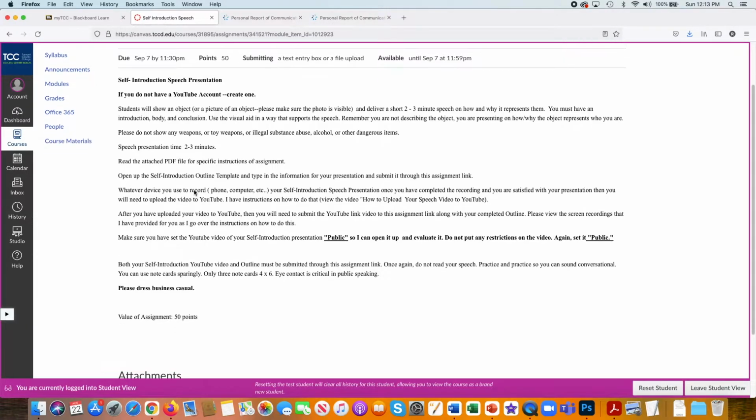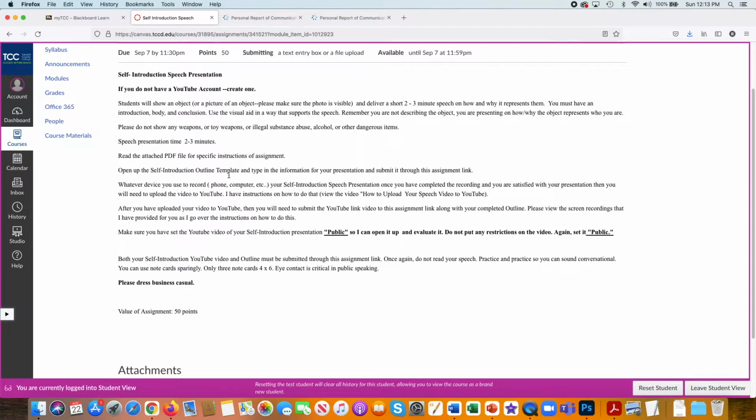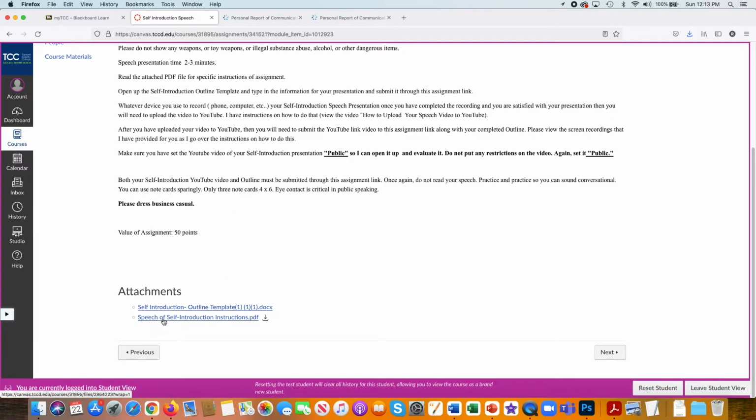Read the attached PDF file for specific instructions of assignment. Right here is this instructions, a PDF, and I'll open it up in a little bit. Gives you a little bit more instructions on this assignment. It says here,